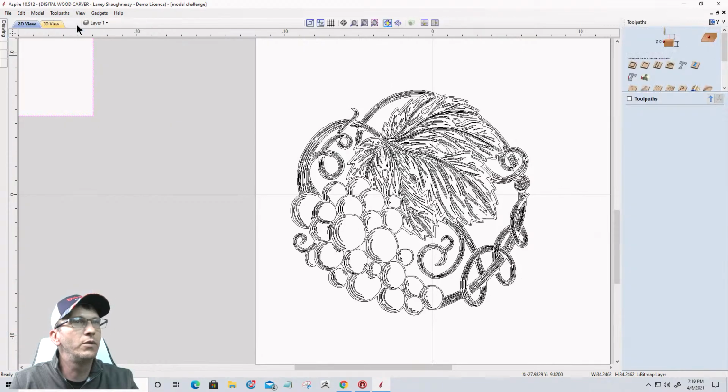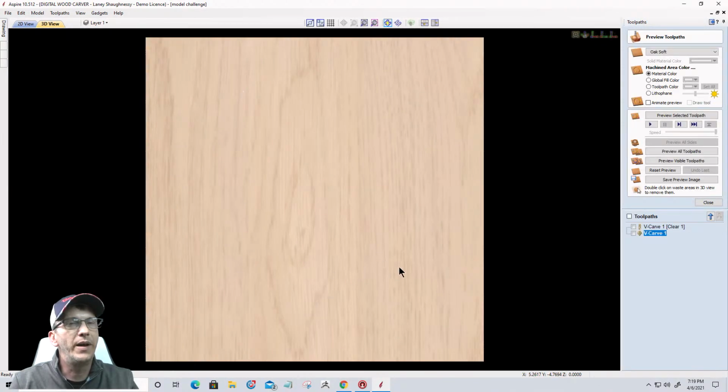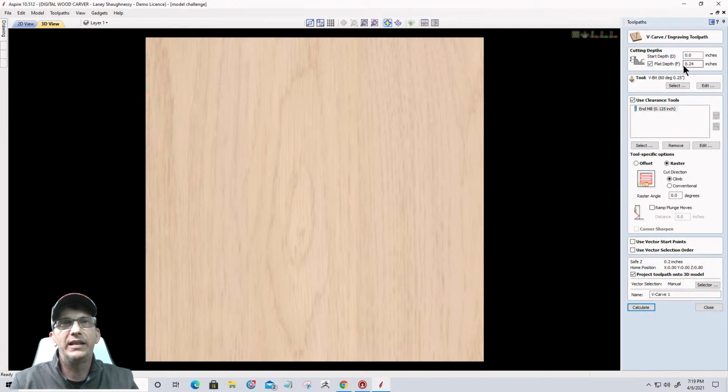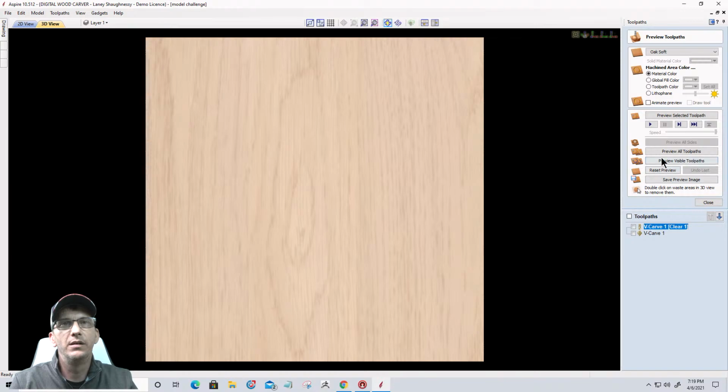So if we go over to the toolpath side of the software and into the toolpath preview, I've already created the toolpath. Basically, I've set a flat depth limit to the cut on the V-carve of 0.24. Don't know why it wasn't 0.25. I don't know why I have the 4 in there, but it must have been a mistype. I'm simply using a 60-degree V-bit and a 1/8 inch end mill. And with this toolpath, if we were to preview it,